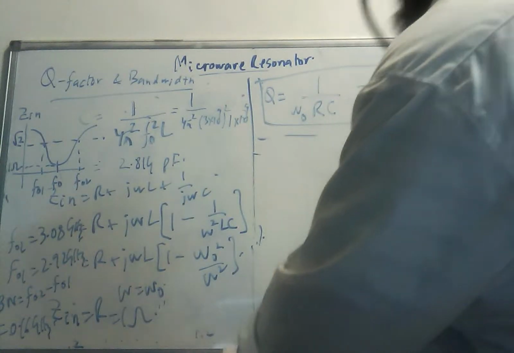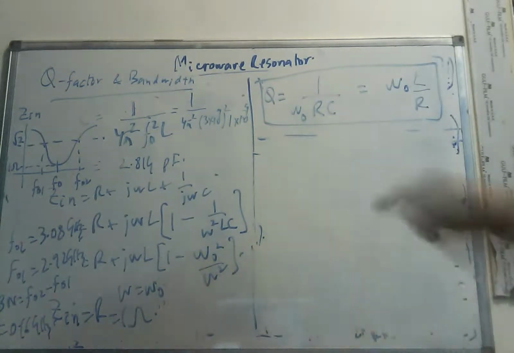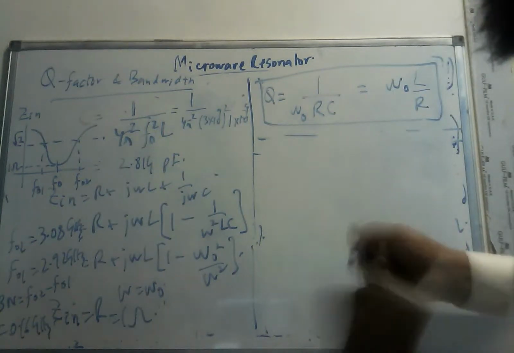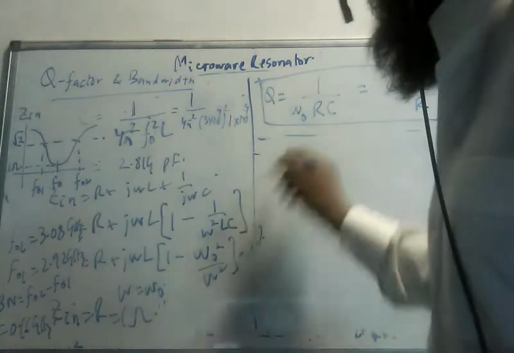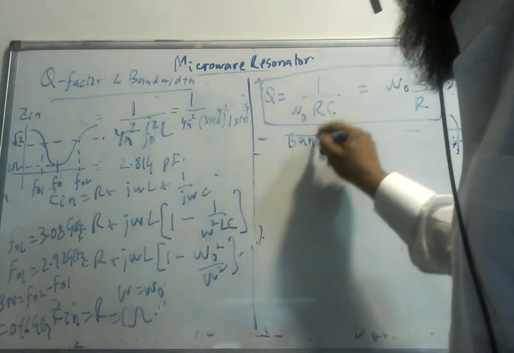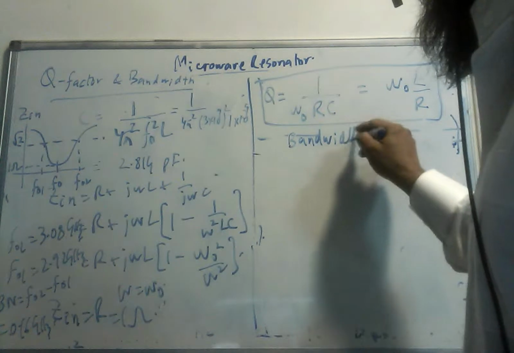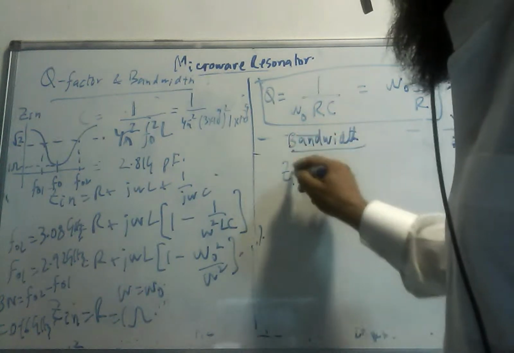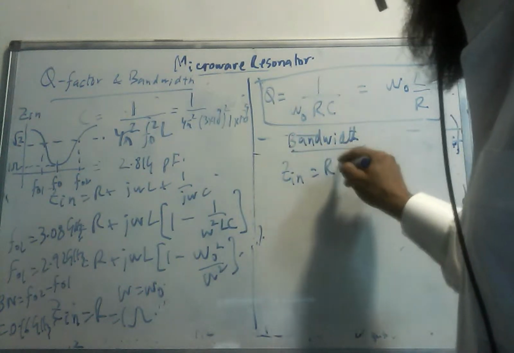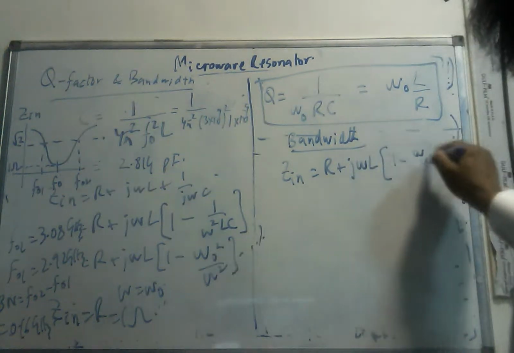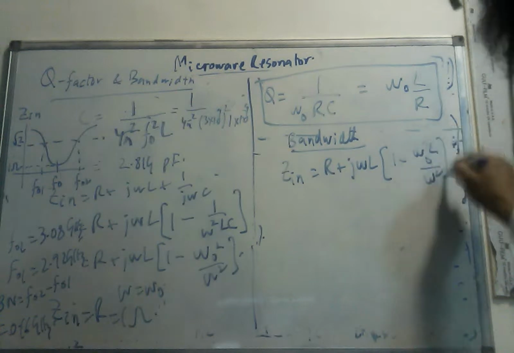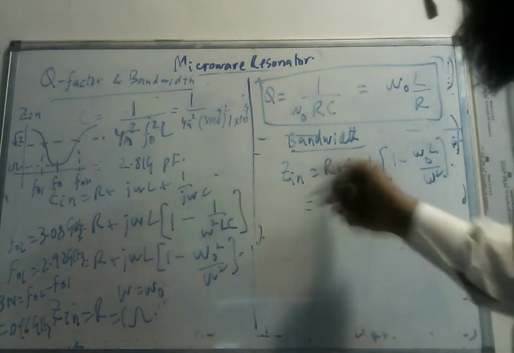So this is what is the actual bandwidth from this. So what I do here is, I'm here now, so I need to find the bandwidth. So I have the Z input, which is equal to R plus j omega L, and 1 minus omega naught square divided by omega square. So I continue this